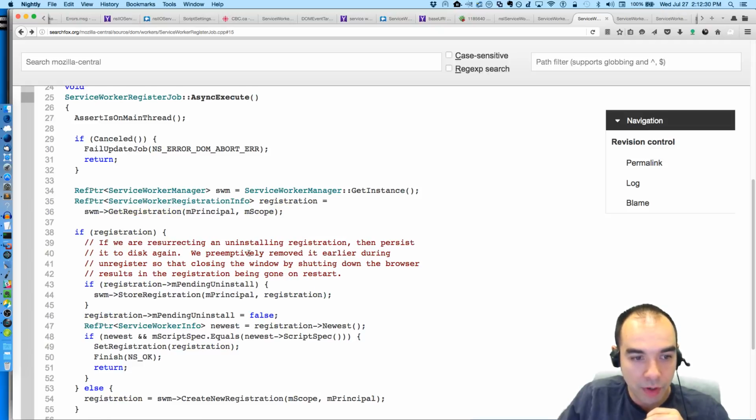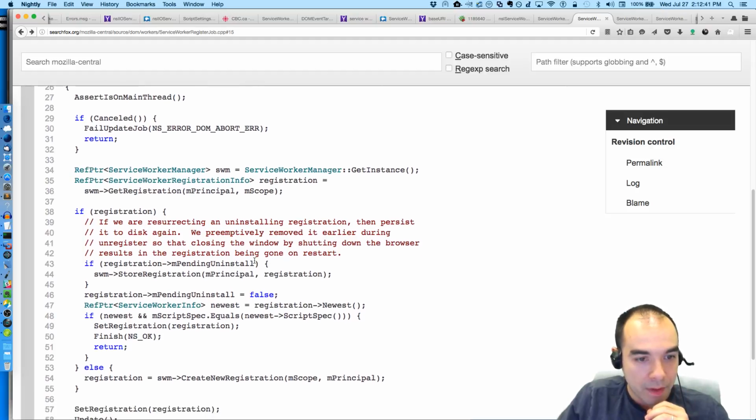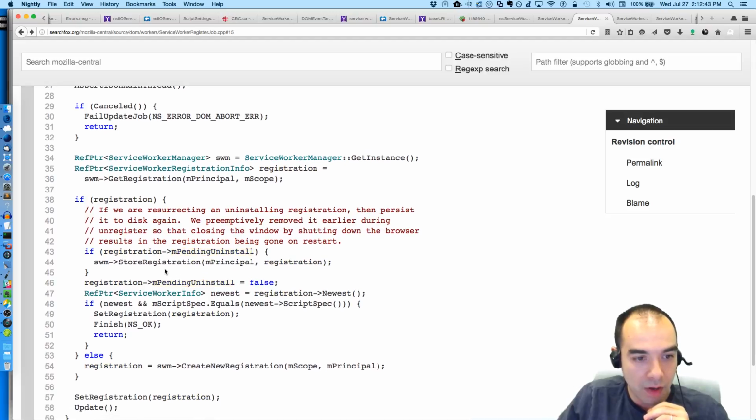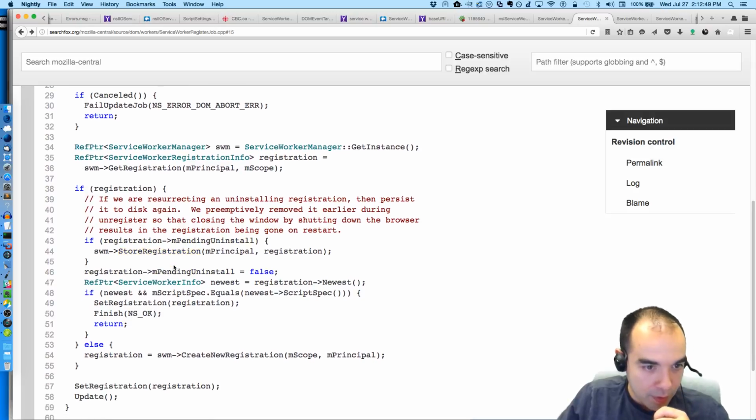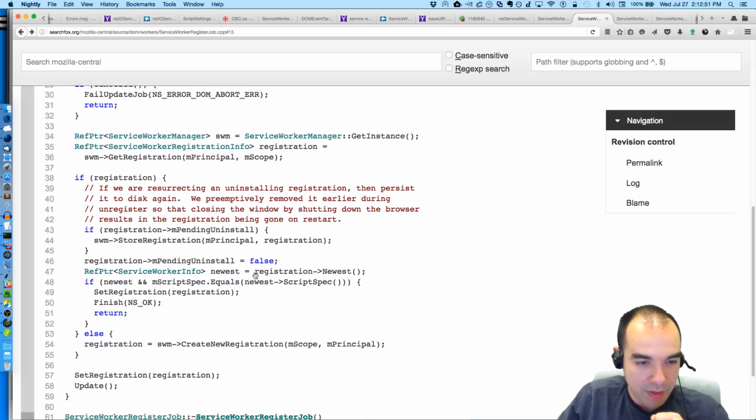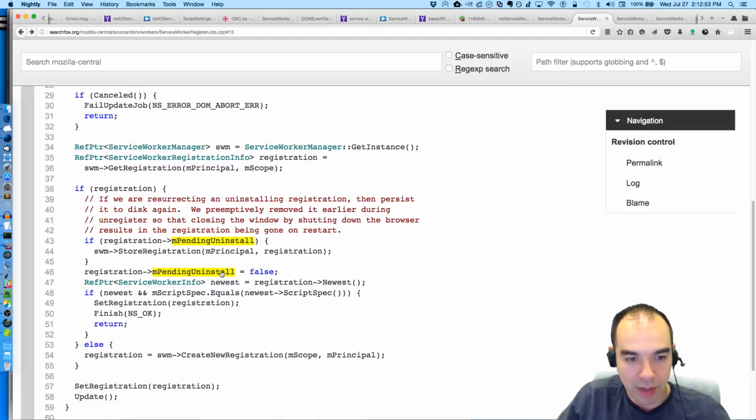We preemptively removed it earlier during unregister, so that closing the window by shutting down the browser results in the registration being gone on restart. If registration is a pending uninstall, then we put it back. Store registration. Pending uninstall is false. So I guess there's this lazy deregistration that goes on, which we're canceling here.